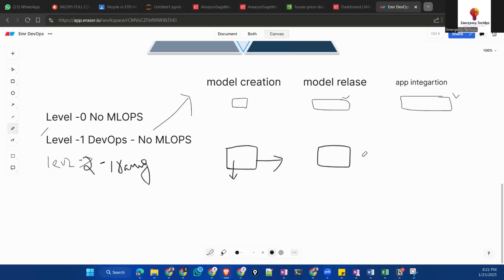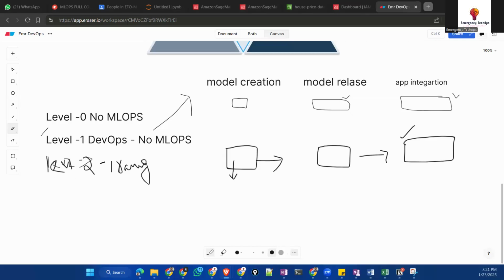Once it is done, you integrate it with your application, let's say an OTT application or a telecom application, any application, a healthcare application. So you are going to integrate this for testing the model. It's not production, it's testing the model. So this is level 2.